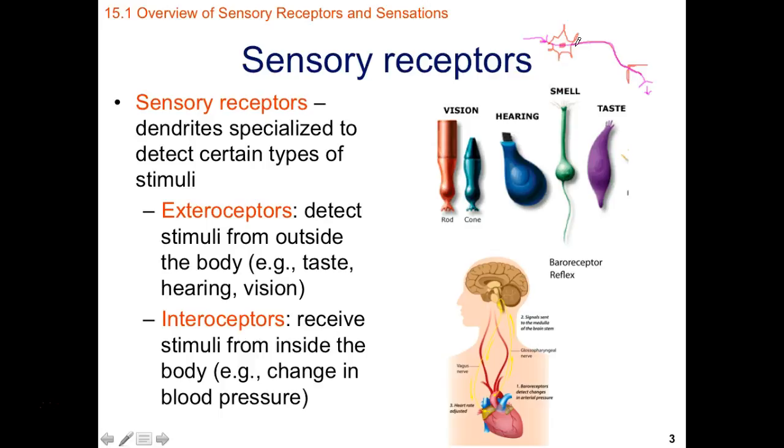So we have specific receptors for every type of stimuli that we can sense. And we divide these into exteroceptors, which are going to detect stimuli from outside the body, like tasting something salty, hearing the ambulance, or seeing a pretty flower, okay? And then our